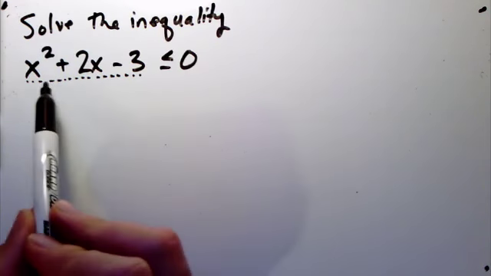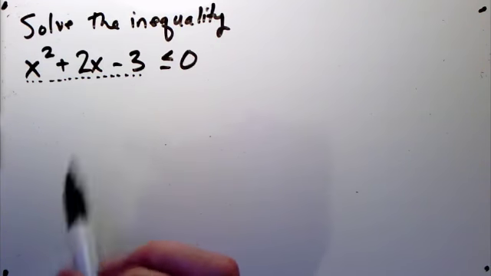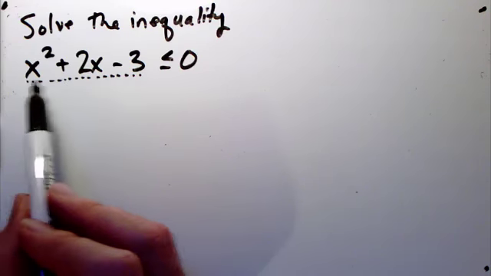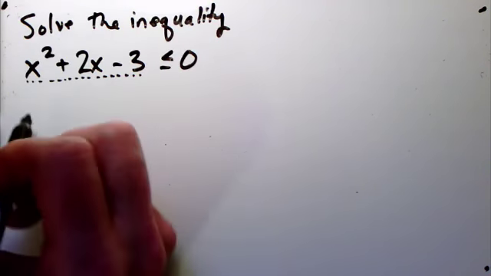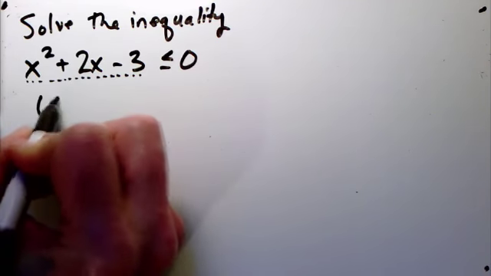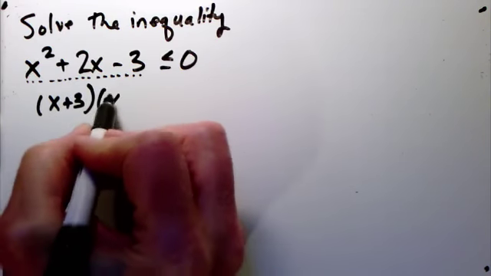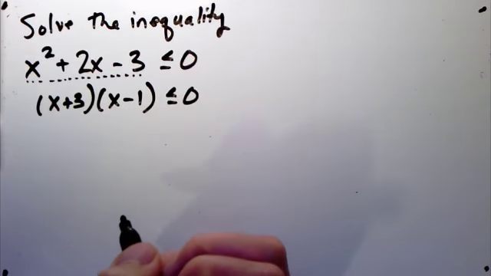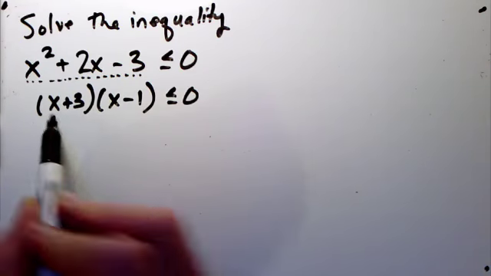What we want to do is determine where it's negative and where it's equal to 0. Well, all in one step we're going to determine where it's negative, positive, and 0, and then we can pick out the regions in which it's less than or equal to 0. To do that, I want to get this expression in factored form. Alright, now I can see where it's equal to 0 because x could be minus 3 or x could